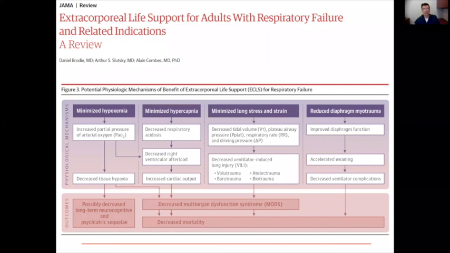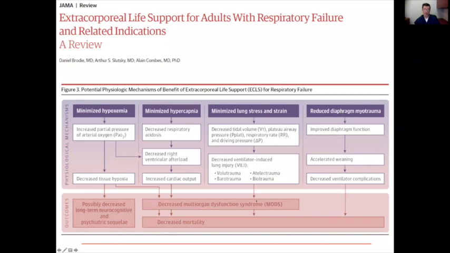So we talk about lung protective ventilation: decreasing volumes and airway pressures, decreasing respiratory rate, driving pressure, such that we can protect the lungs from the damage of the ventilator, from ventilator-induced lung injury. And ultimately what that does is decrease the various forms of trauma we call volume trauma, atelectrauma, barotrauma, and biotrauma, the release of mediators that actually cause distal organ dysfunction and multi-organ dysfunction, which is the main mechanism of